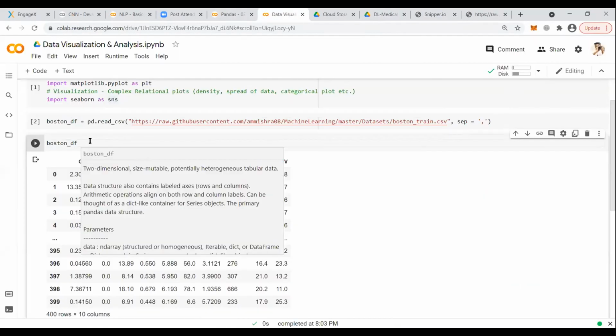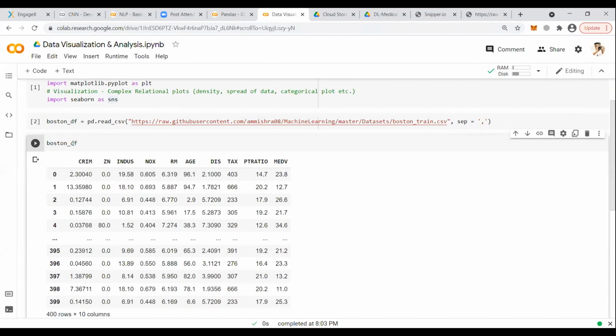We have taken a new data set, which is about Boston. It's a very popular data set in machine learning, especially. Why is it popular? Because it is used for the regression part. What is the description of this data set? This data set talks about multiple factors that combine together to give you the price of the house. This MEDV denotes the median value of the house, which will depend upon these features.